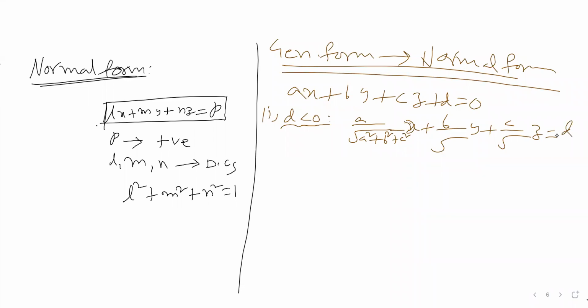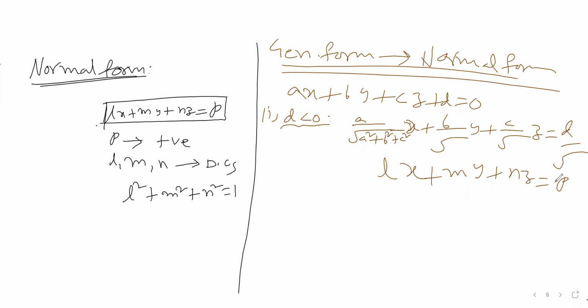That is the reason I can write it like this. So here, now it looks like the normal form again, this Lx plus My plus Nz equals P structure. Where L is nothing but a by root over a square plus b square plus c square, and M